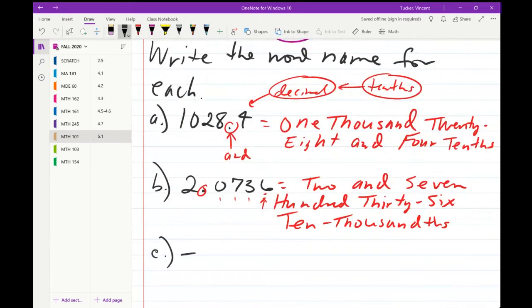Any questions? Where did the ten hundred thousands come from? You said 10 hundred thousands? Yes, sir. It says 2 and 736 ten-thousandths. So you're trying to make sure the 36 is in the ten-thousandths? Or the six? Yes, the six. Oh, okay, yeah, the six right here. I see what you're asking now. This six is in the ten-thousandths place, so that's why you have to end